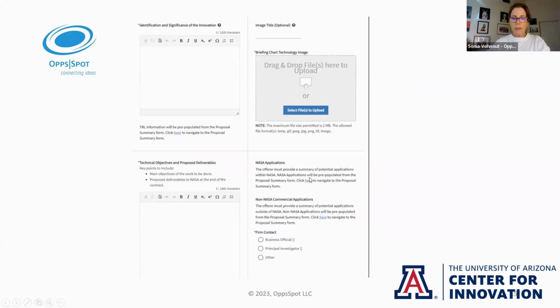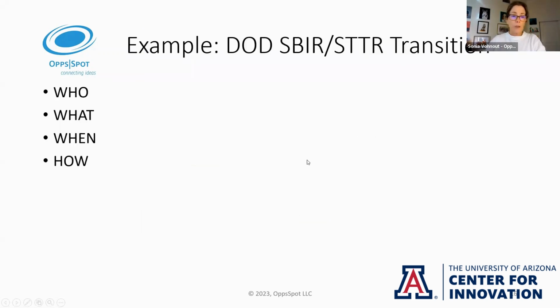And one of the things that's specific to NASA is for commercialization purposes, they like to see what are potential NASA applications if they were to give you money, and what are non-NASA commercial applications. So like the dual use, and the military likes to see things like this as well. So for DOD,